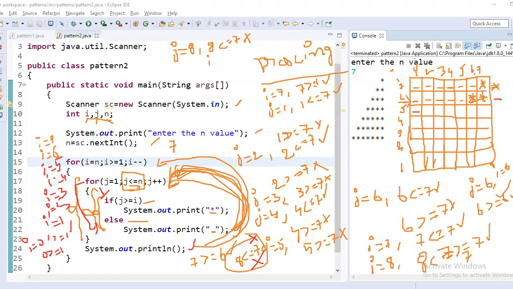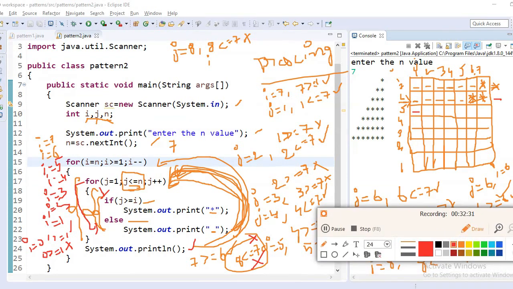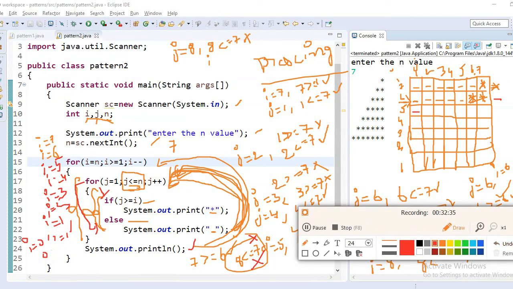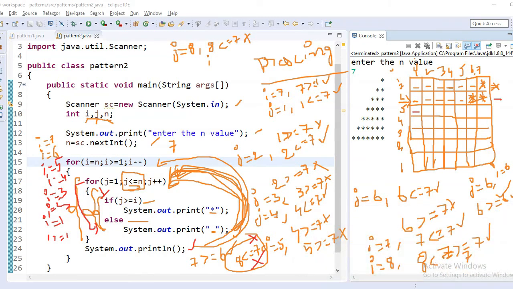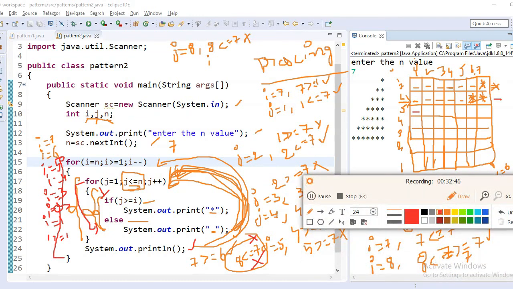The condition is false, so it will come out of this for loop. So this will be executed, after that this will be printed.